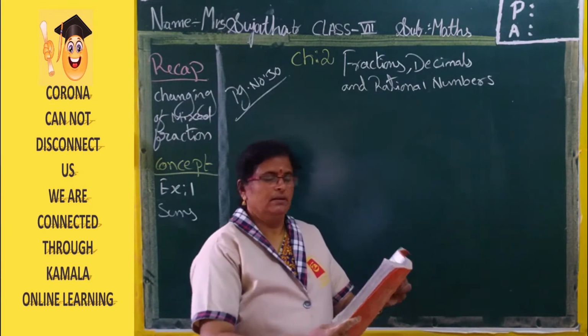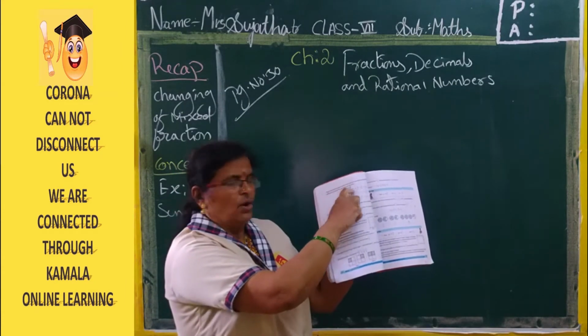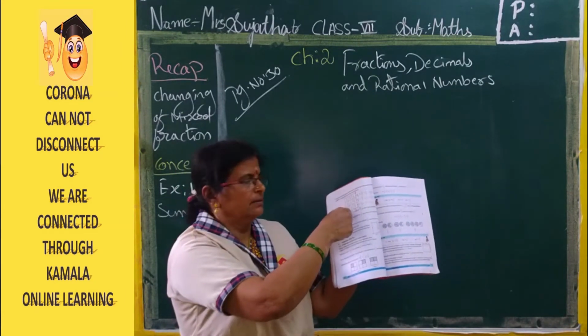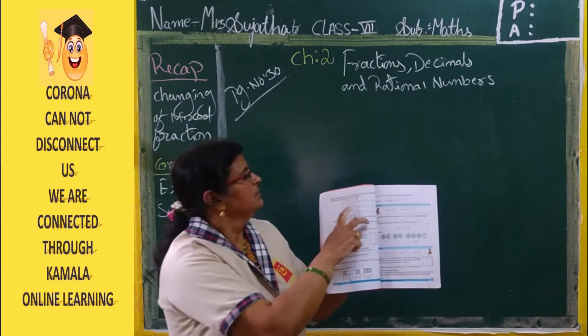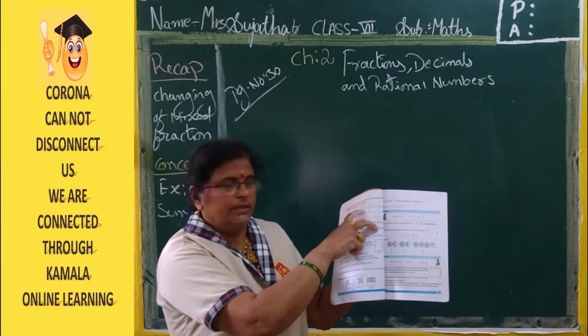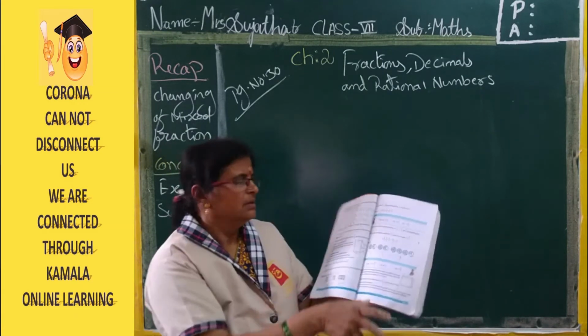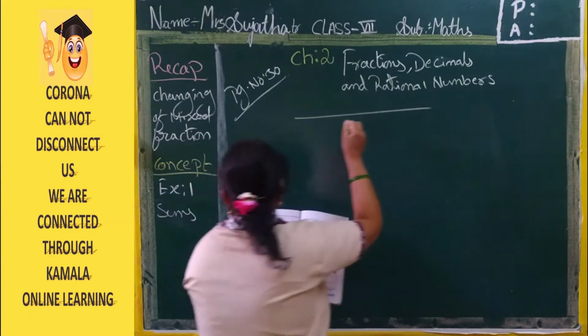This is a table. What it is saying is that in this table, whether horizontal, vertical or diagonal, if you add it, you will get the same answer. That is 6 by 13, 13 by 13, 2 by 13. If you add it, you are getting the same answer. Okay? See, this table I will write. Third sum.